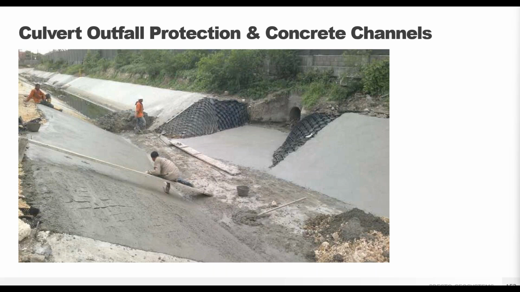Outfall areas can be challenging because they typically have high velocities and shear stresses, more so than the channel as a whole, and the water in these areas is turbulent rather than laminar and smooth, which can cause its own set of problems. Using the GeoWeb system can help mitigate these concerns, especially when concrete is used, since turbulent flow and high velocities are not an issue. For concrete channels, another pro tip is to use the GeoWeb as the formwork, having it contour as needed for your outfall structures.